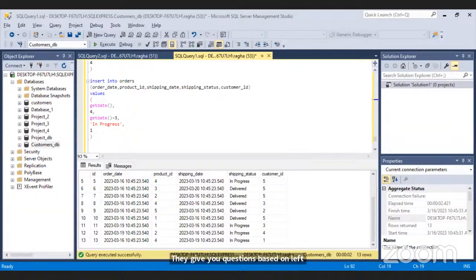So what is a left join? A left join is basically when you get everything that the left table has, and only the joined condition from the right table. So that's the left join.